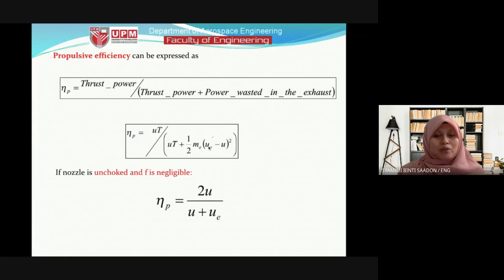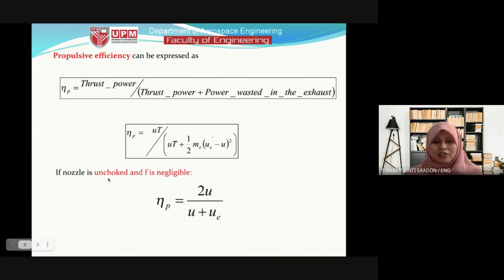So you have to do the difference between the exit and the initial. So this difference is the wasted. Times with this, so you get the kinetic, the power wasted. So this is the term, similar to the thrust equation, where you have the simplified equation of thrust. So for propulsive efficiency also, you have the simplified equation for propulsive efficiency, which is when we assume